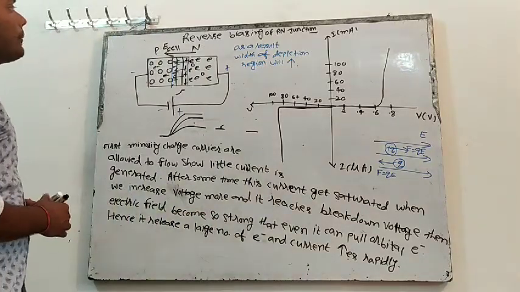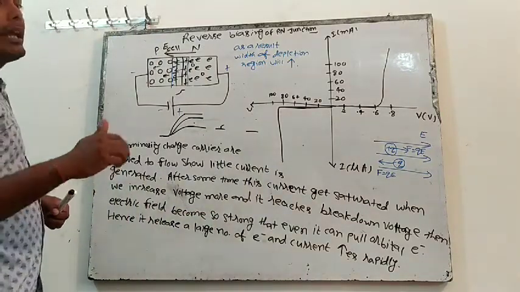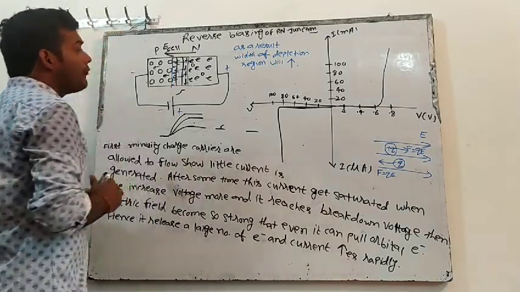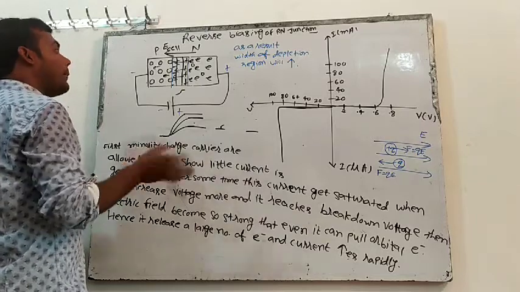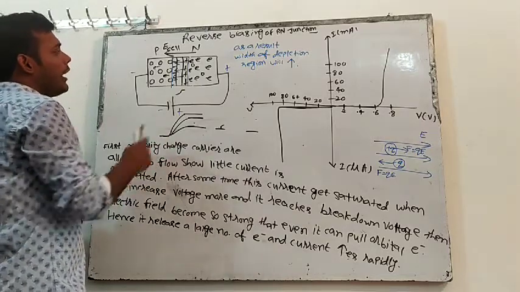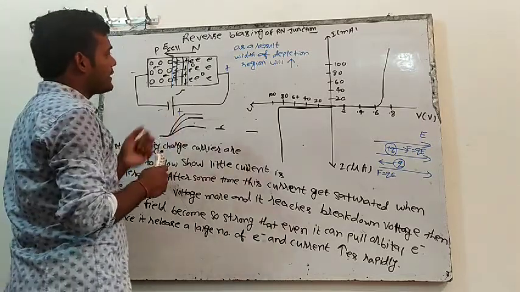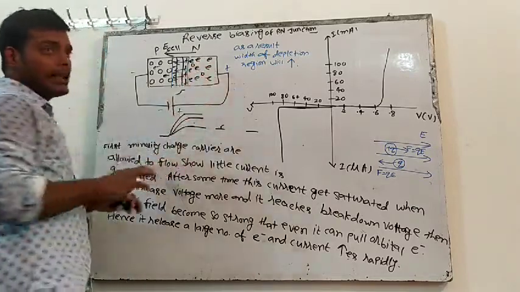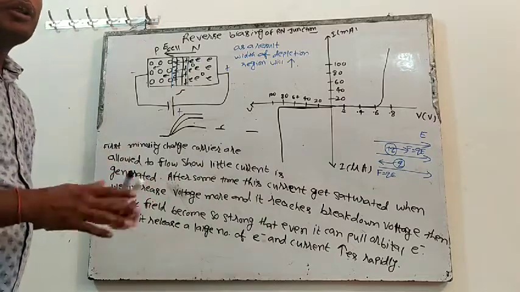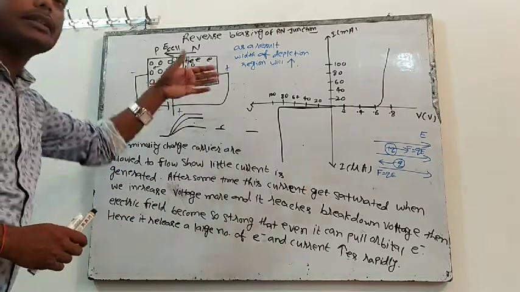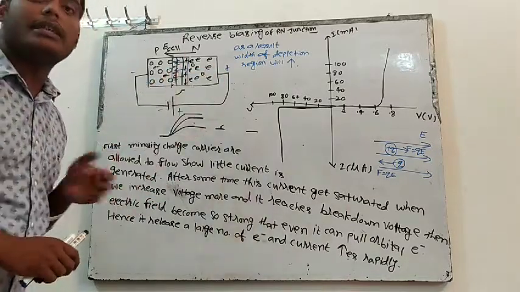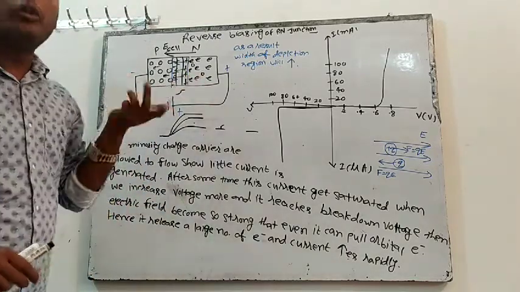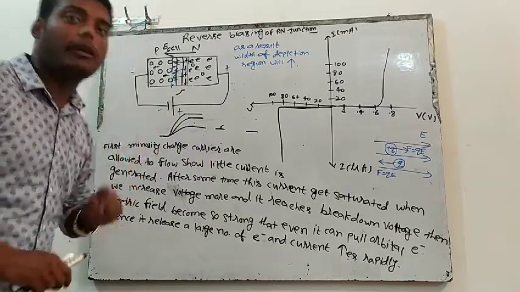But then after some time, what will happen? After some time the current will increase. Why will the current increase? After some time the current will be saturated. Why? Because when we increase this potential more, all the minority charge carriers will go from one place to the other. Now the majority charge carrier is not moving. The majority charge carrier is not contributing to making current, so the majority charge carrier will not make any current. So only the minority will make it now.